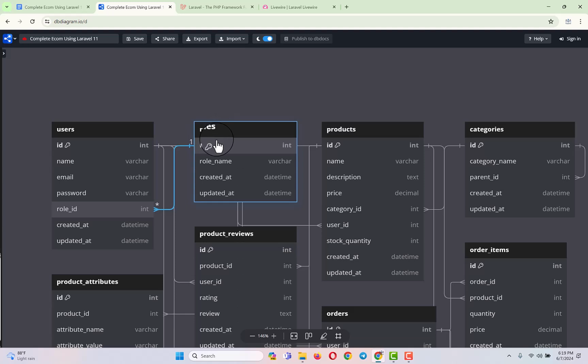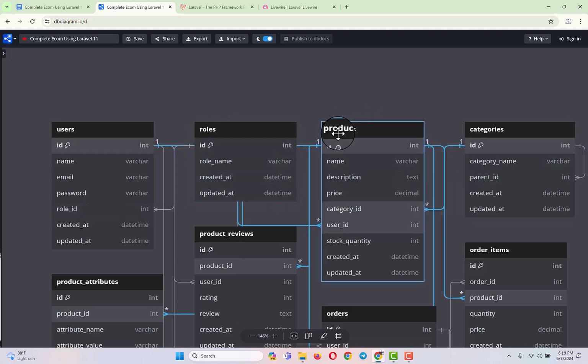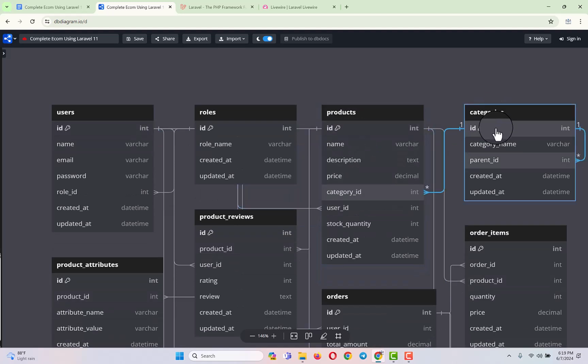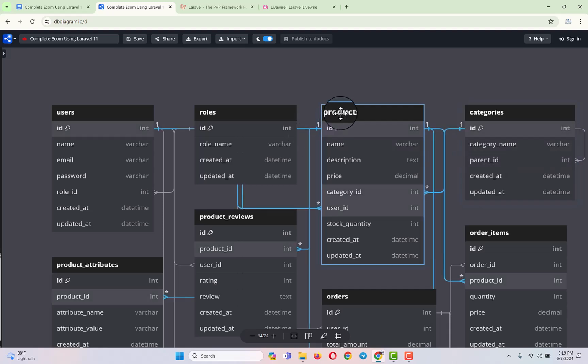In the role table we will have ID, role name, created at, and updated at. And then in the product table we will have product ID, name, description, and price. In the product category table we will have ID, category name, and category parent ID. And there's going to be another thing: we will have a product image table, which will include product ID, then